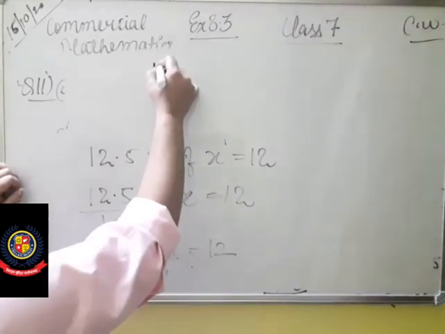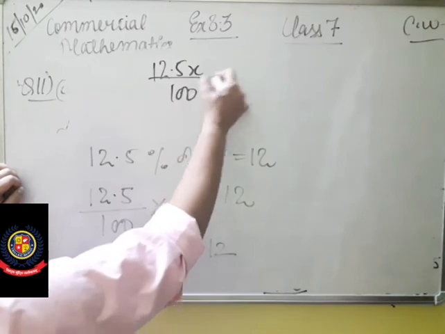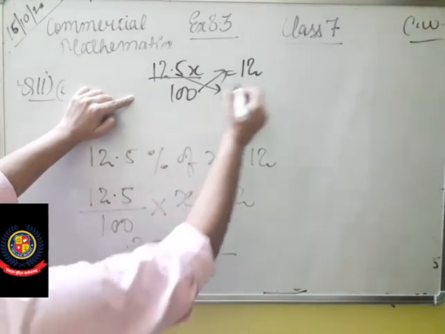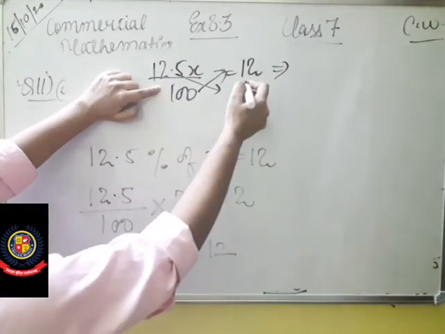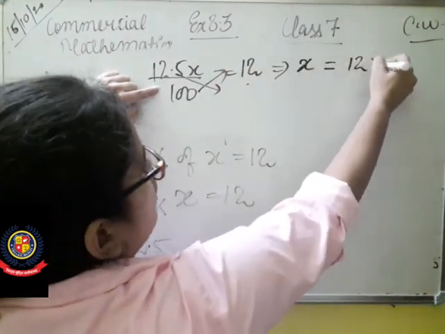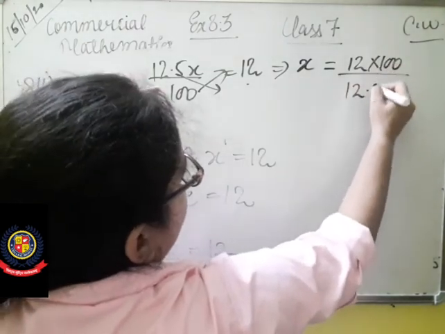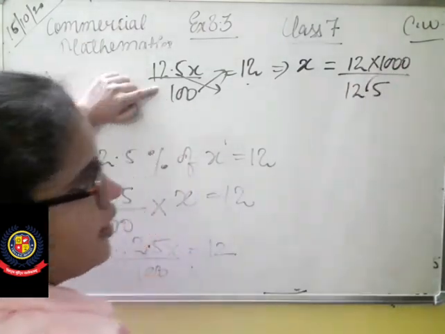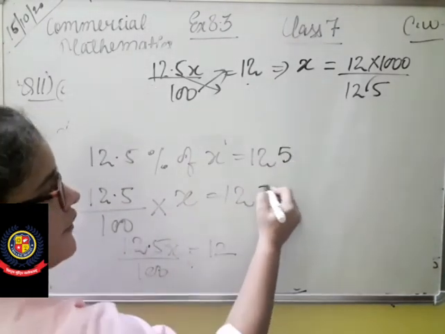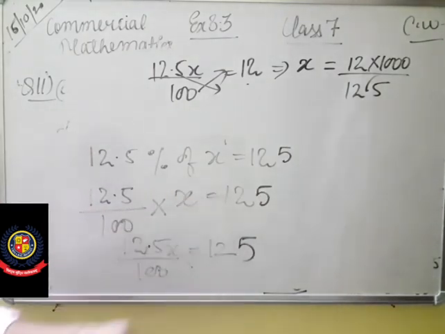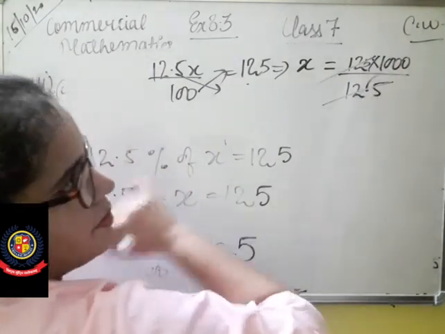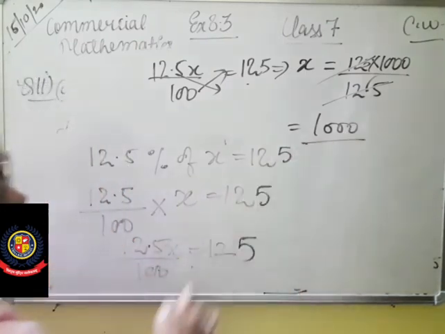So now what you are going to do, देखो 12.5x upon 100 is there and write 12 over here. So in this case just cross multiply. So what we are going to do, we are going to take 12.5 over here and x will remain over there, x अपने जगह पर ही रहेगा, is equals to 12 into 100 upon 12.5. पॉइंट रिमूव किया तो एक ज़ीरो ऊपर आएगा। ओके, नाउ दिस इन द क्वेश्चन इट इज़ 125, सो टेक इट एज 125. आई हैव रिटन 12 बट इट इज़ 125. सो 125 से 125 कंप्लीट कैंसिल होगा और रह क्या जाएगा? 1000 रह जाएगा।